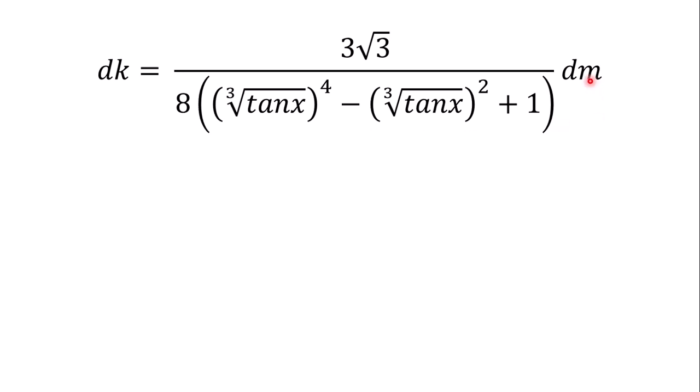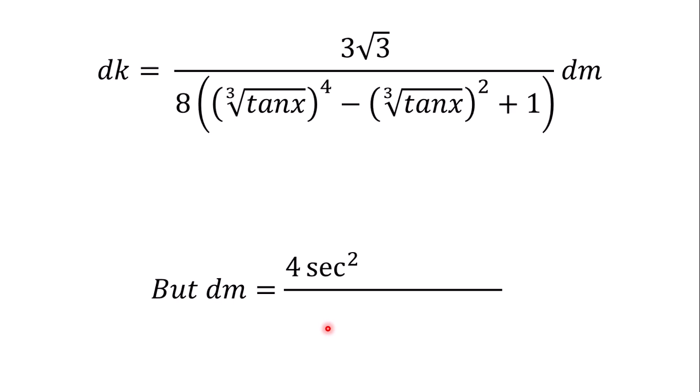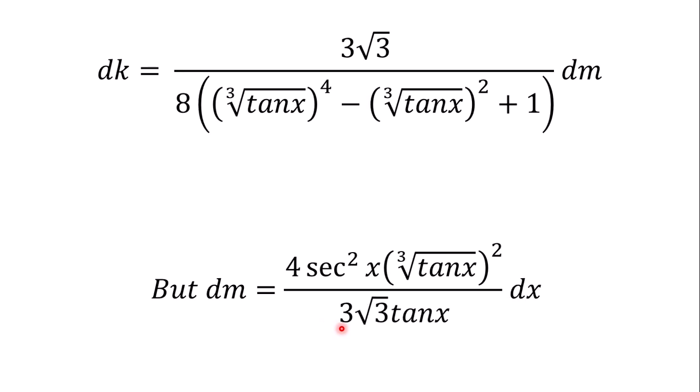Alright, so let's replace dm. dm is equal to this one. You're going to put dm here. So wherever you see dm, you're going to put this one there. So dk is equal to